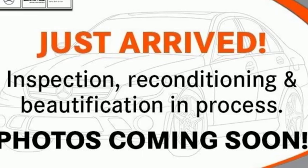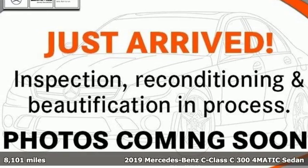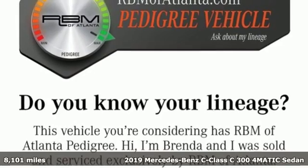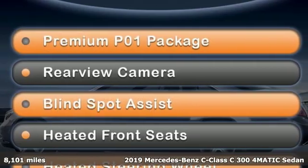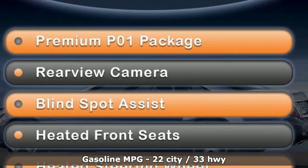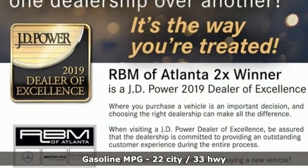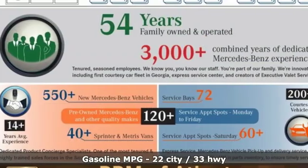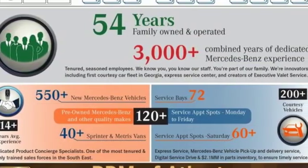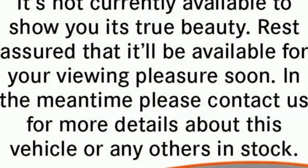Here's a 2019 Mercedes-Benz C-Class. The C-Class has pioneered breakthroughs in performance, safety, and luxury for 5 generations, raising the bar and putting innovation within reach. And get ready for an impressive combination of features: streaming audio, dual-zone climate control, power heated mirrors, express open